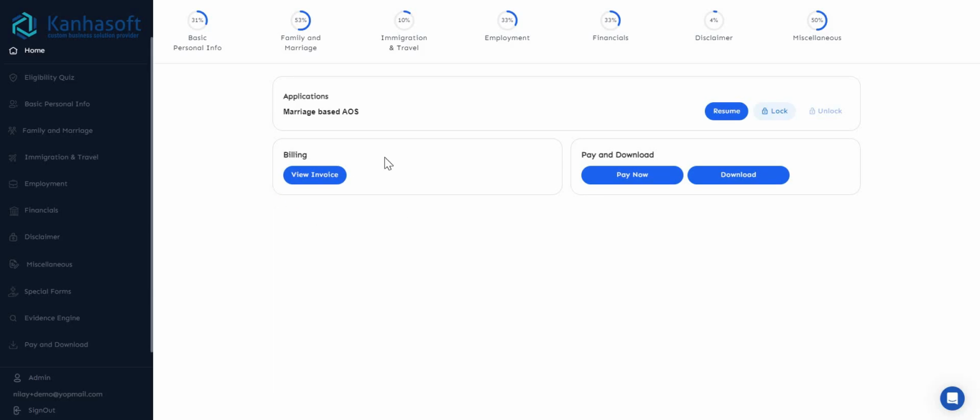He can also view his invoice, and over here you can see there are three buttons: resume, lock and unlock. So from the resume button, the user will be directly taken to the steps where he was filling up the information, and from the lock button the application will be locked, so the user will not be able to